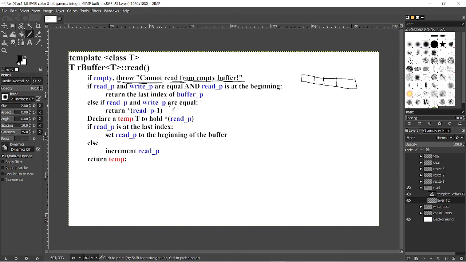And if they're equal, but they don't point to the first element, then just print the thing that came before the read pointer. So if they aren't equal, if they're pointed to two different locations, then declare a temp t that holds this value. And then once the temp t is holding this value,